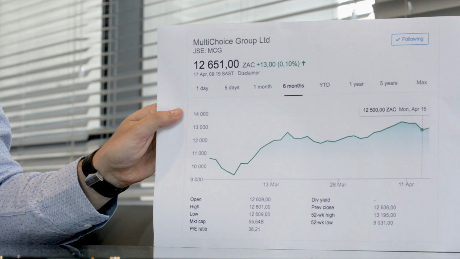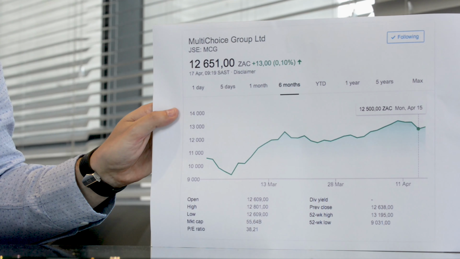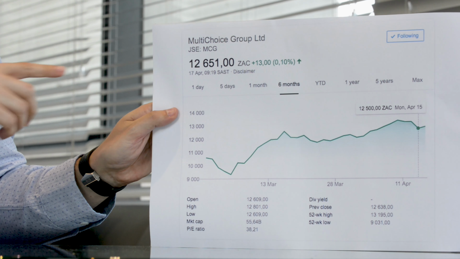Hi, I'm Byron Du Plessis, the Corporate CFO for the MultiChoice Group, and I've just been asked to explain the graphic alongside me, which is an interactive share price charting tool that's available on the multichoice.com website underneath the Investors section. So just working on the graphic from the top to the bottom, the first it just shows the name